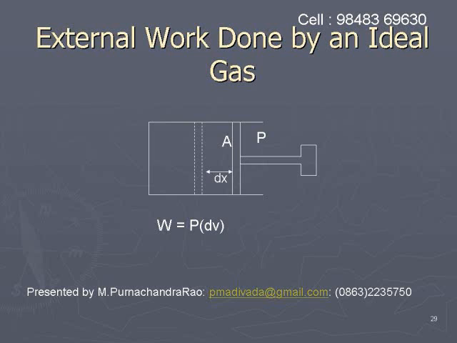External work done by an ideal gas. If gas is enclosed in a cylindrical vessel with a tight and smooth piston, suppose capital A is the area of cross section of the cylindrical vessel as well as that of the piston, and by applying a pressure P, the gas is compressed, the piston is moved by a distance dx,